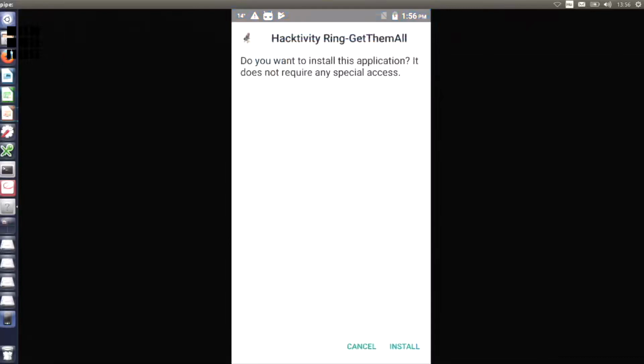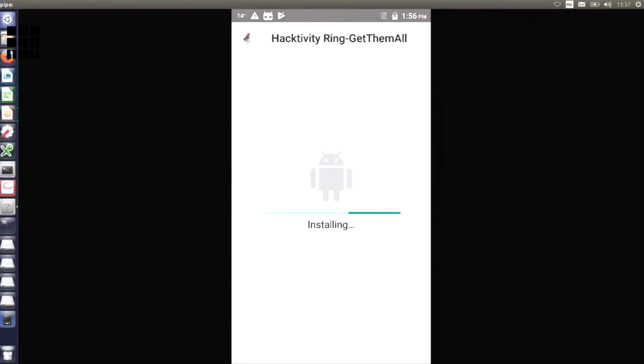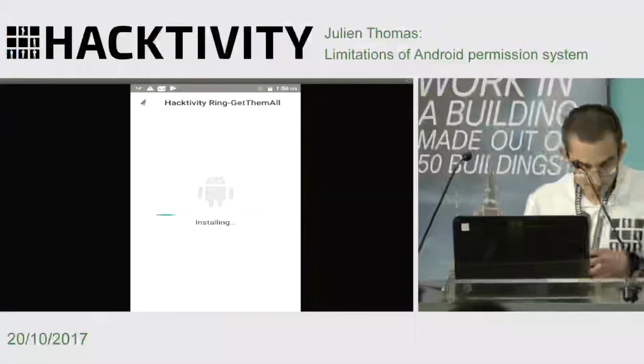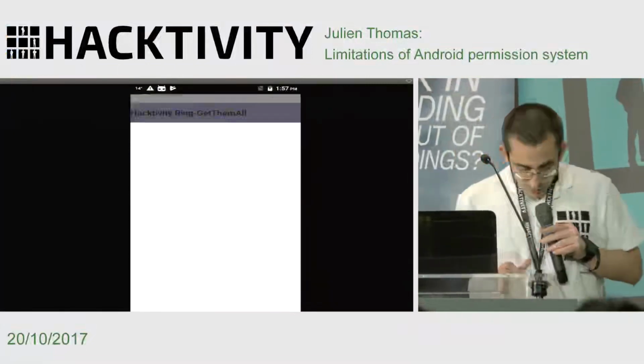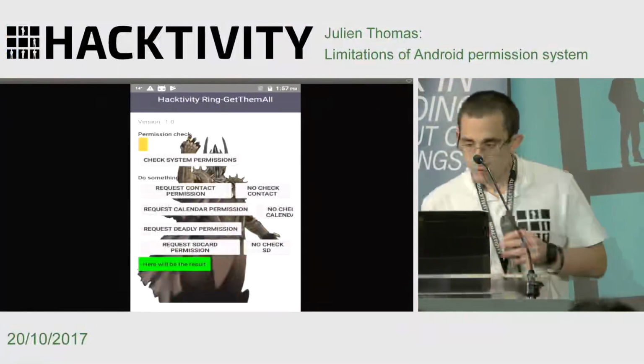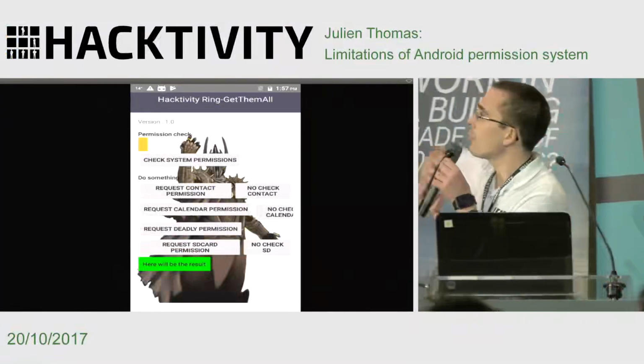So I will start first with an application that requests nothing. Just to be precise, this phone is running Nougat, so it follows the same rules as Marshmallow about permissions. So just a very quick explanation about this screen.